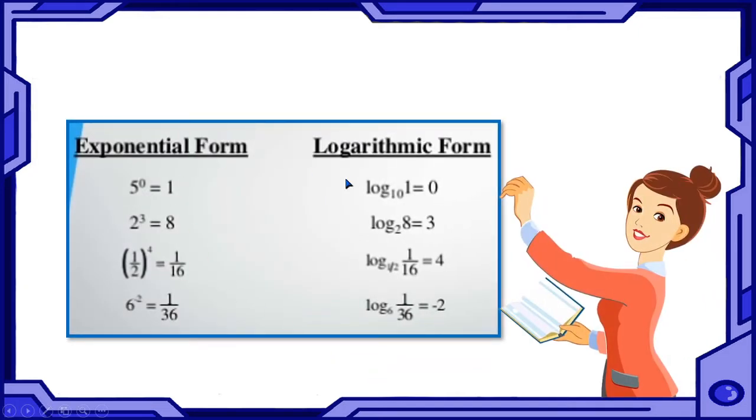If we talk about the conversion from exponent to log, so 5 raised to the power 0 is equal to 1, or we can say 10 raised to the power 0 is equal to 1. And if we want to write down the same thing in log format, so we will write log of 1 to the base 10 is 0. Same way 2 cube is equal to 8, so log of 8 to the base 2 is 3. That's how we can convert it.